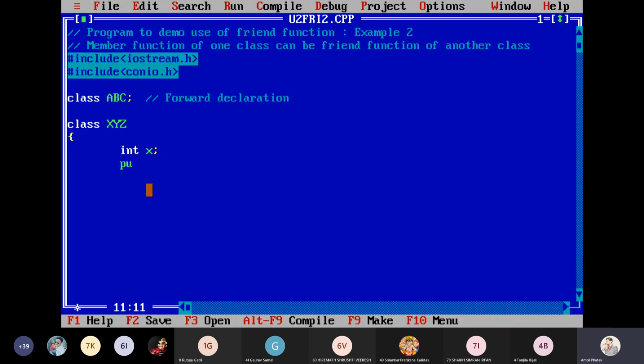Okay, and I'm having the public member functions here. Suppose I want to set the value of X here. I want the user to enter the value and I want to set it. And now I want to find out...